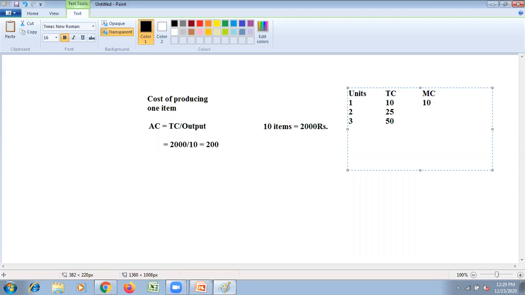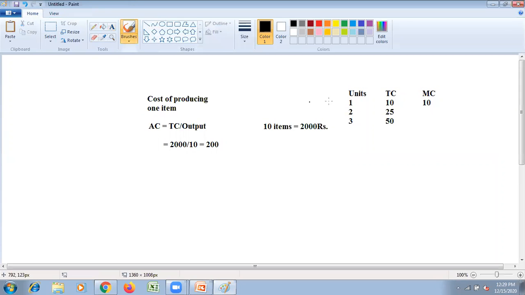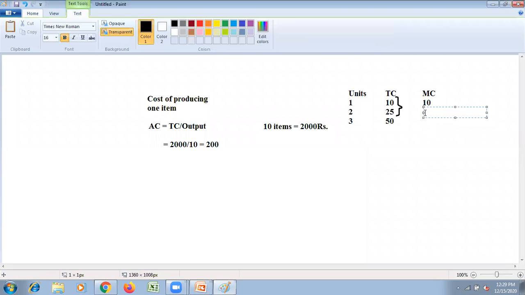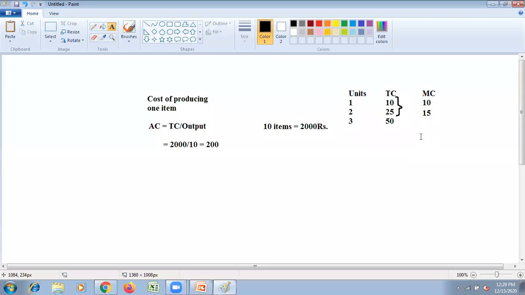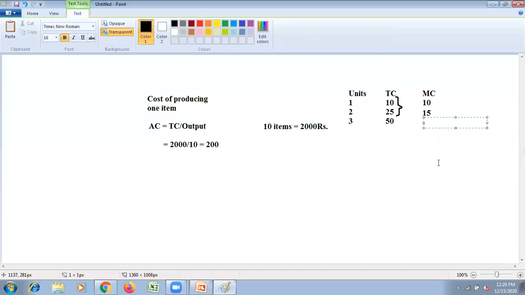सेकंड में यूनिट में क्या हो गया, कितना एडिशन हुआ है हमें नजर आ रहा है. इसके अंदर भी इसमें कोई प्रॉब्लम नहीं है कि ये एडिशन देखें ना, एक यूनिट कितना एडिशन हो रहा है, हमें नजर आ रहा है 15. सो ऑब्वियसली दैट इज द मार्जिनल कॉस्ट. ये ऐड हो रहा है ना इसके अंदर, तो प्रॉब्लम नहीं है इसमें. इसी तरह से नेक्स्ट अगर निकालें तो वो भी हमें पता चल रहा है, वो आ रहा है 25. ओके, सो दिस इज हाउ वी कैलकुलेट